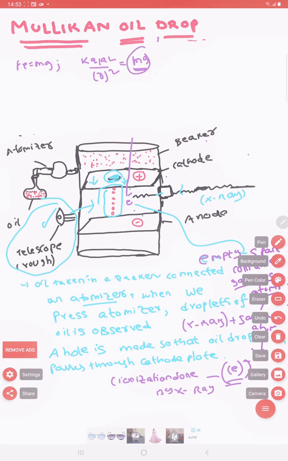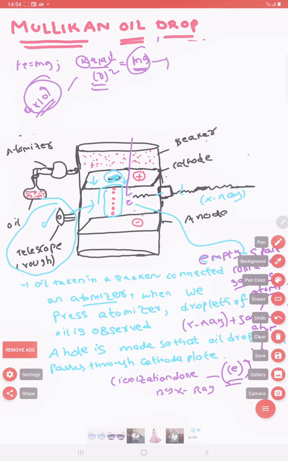It is the mass of the oil drop, and R is the distance at which it has halted in such a way that F is equal to mg, and it is the distance from the positive plate to the oil drop, or it is simply the distance. And K is a constant value, that is, you just remember 9 into 10 power 9. It is a constant value, and we will read it in electrostatics. And Q1 Q2 are the charges.